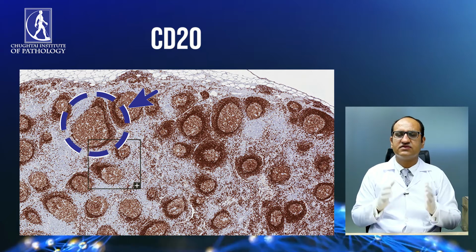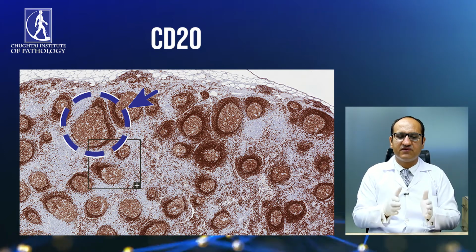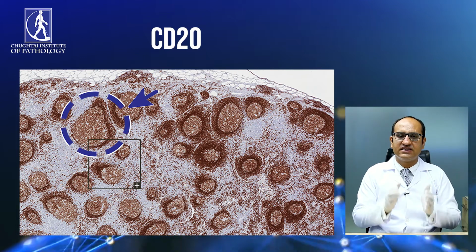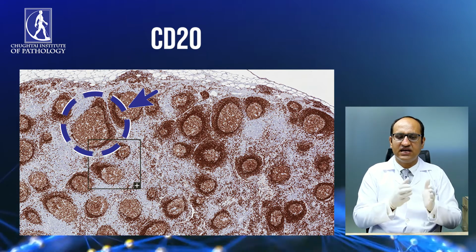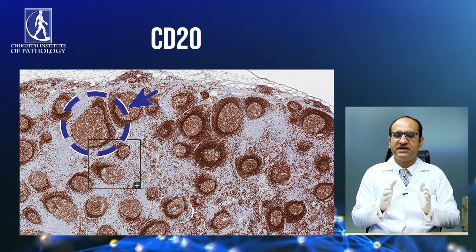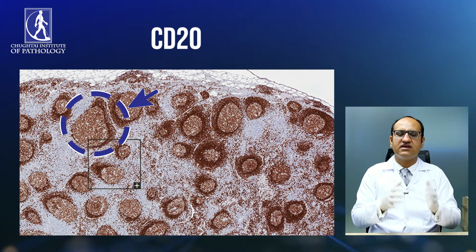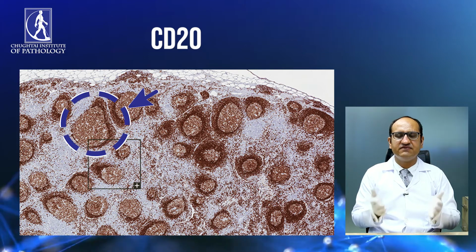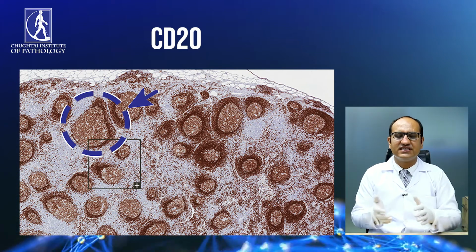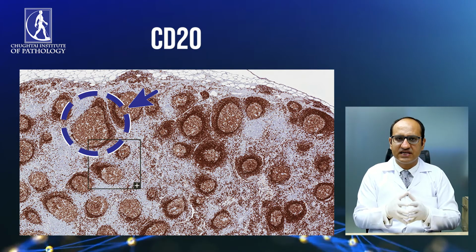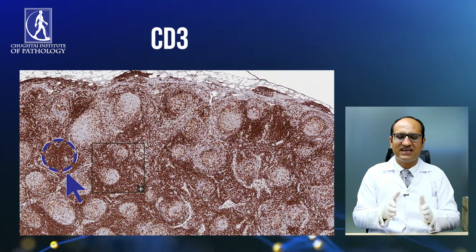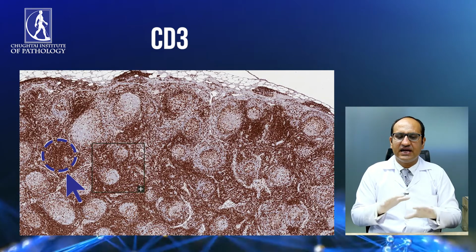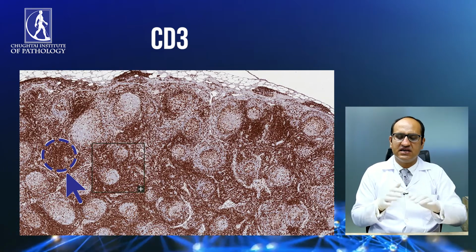In this picture, you can appreciate we performed a stain which is CD20, which is a pan B cell marker, and this stain highlights the B cells. Here you can appreciate the B cells are present in the lymphoid follicles and around the follicles. Rest of the area is negative for CD20, which means most of them are T cells. Here you can see CD3 stain, which is positive in the T cells, highlighting the paracortical and medullary area, and negative in the follicles, which are B cells.